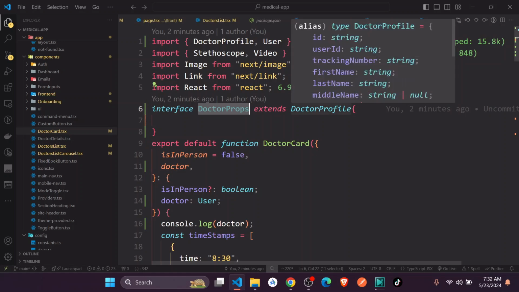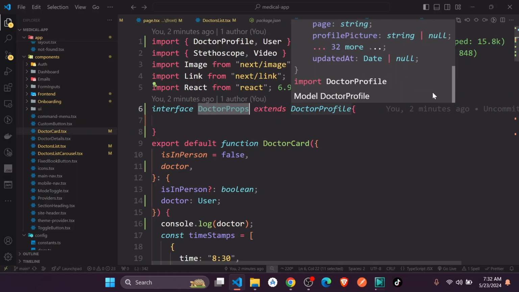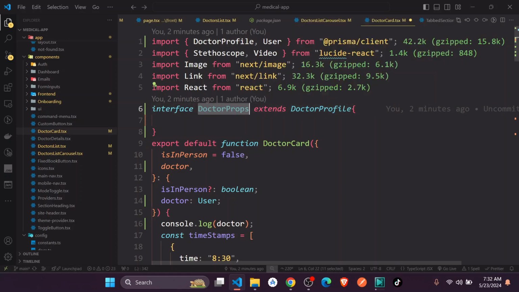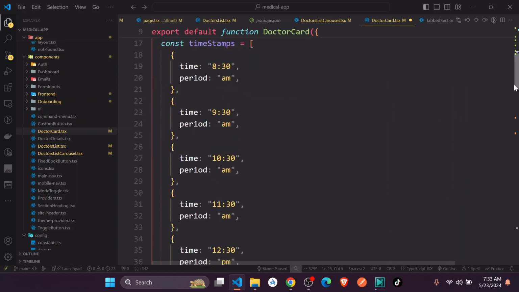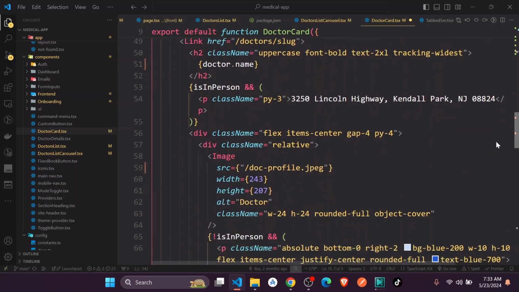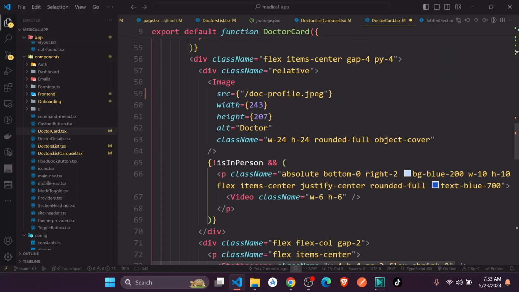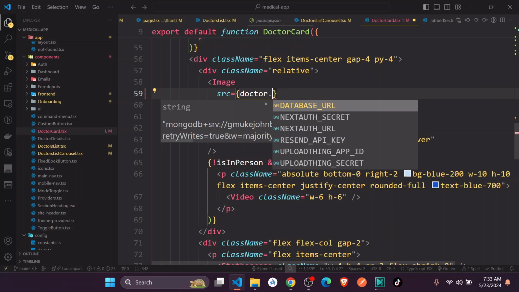I don't know how we could just add all these other ones, because we want to get all these, the profile, and then we add them in here. Okay, so for now I'm just going to give this any. Coming here we can now go ahead and say, for instance, this is going to be doctor dot